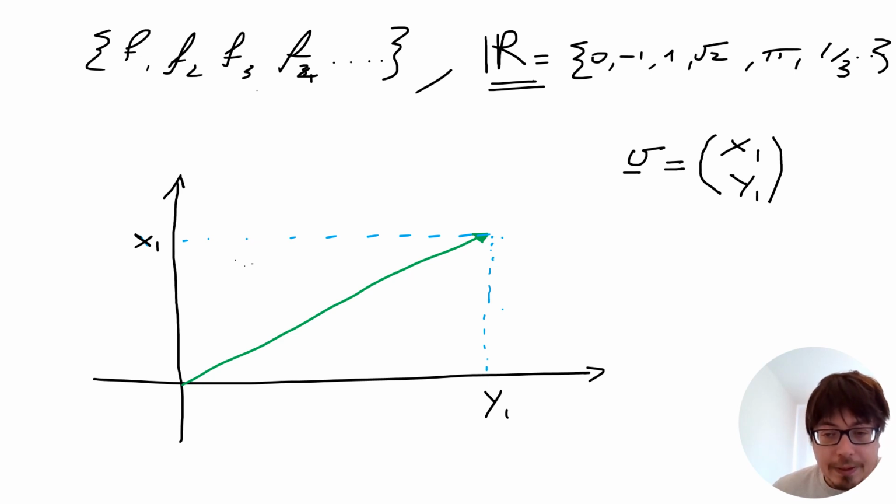There are many ways to prove it, but if you remember from high school, the Pythagorean theorem says that the length of the hypotenuse of a triangle, which in this case is the length, let's call it length, and then